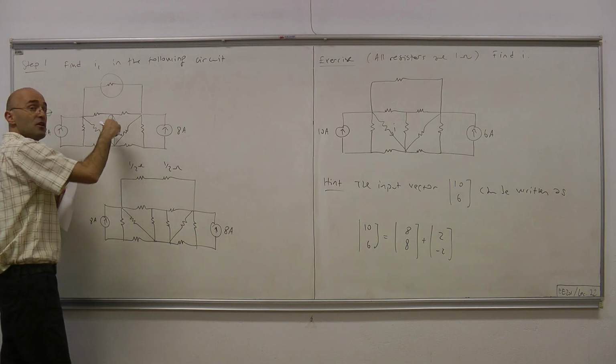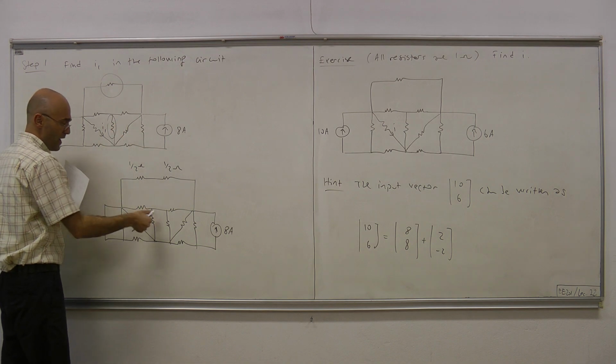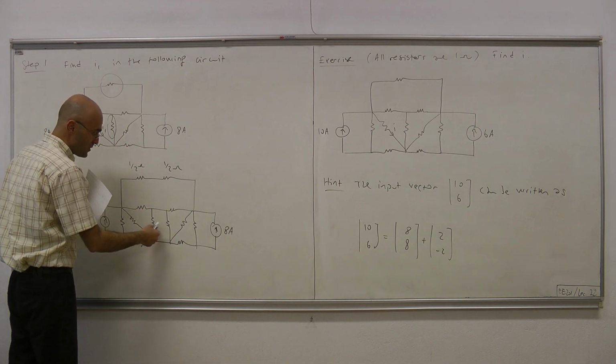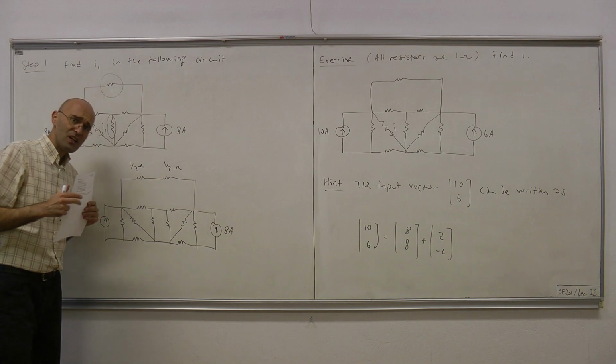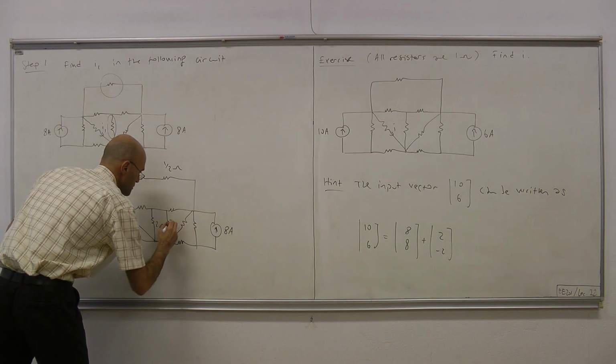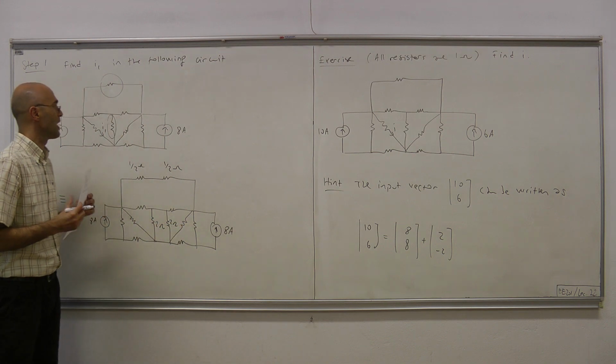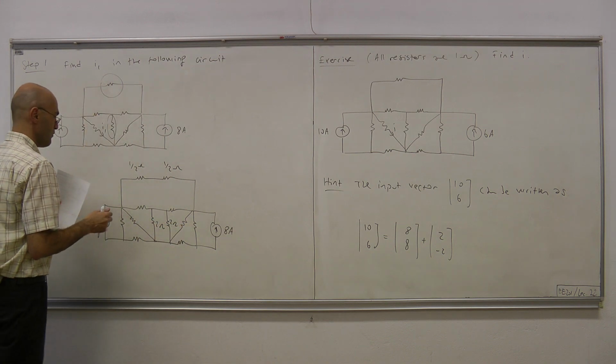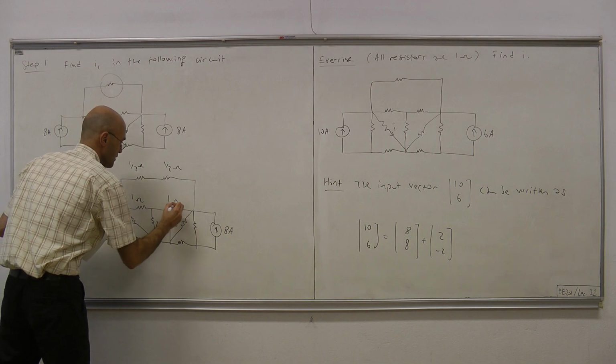As for this resistor here, it's 1 ohm, and that 1 ohm resistor can be written as 2 ohm resistors in parallel. Okay, this is 2 ohm and this is also 2 ohm. And we don't touch any other resistor, therefore all the remaining resistances are 1 ohm.